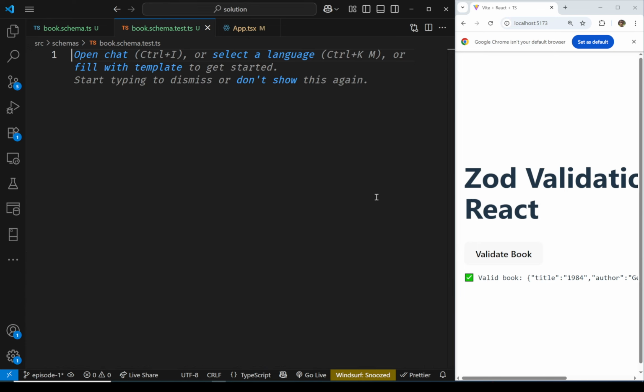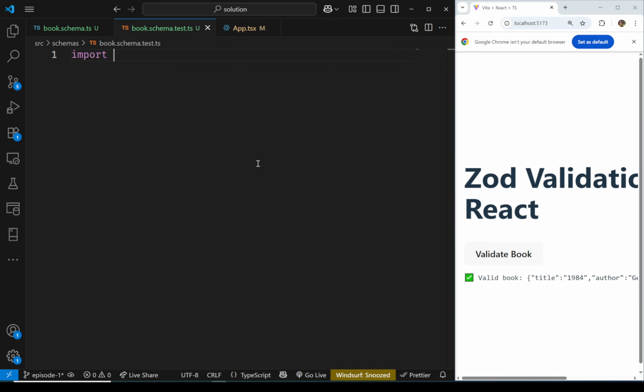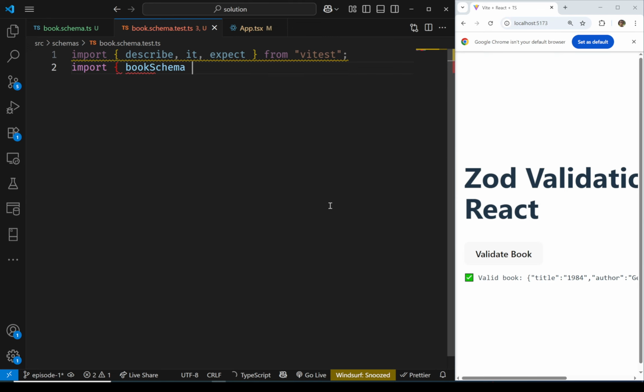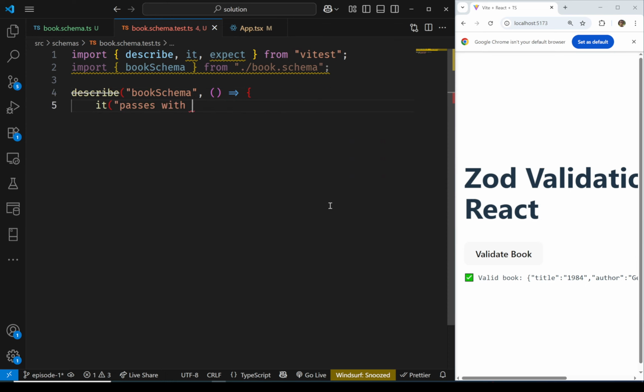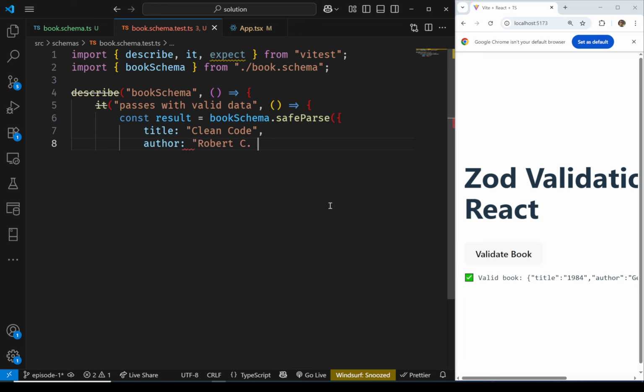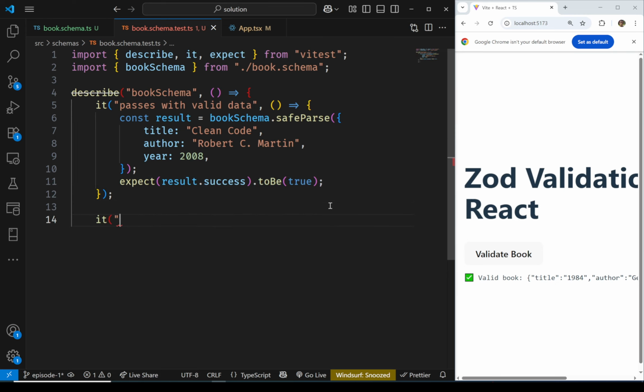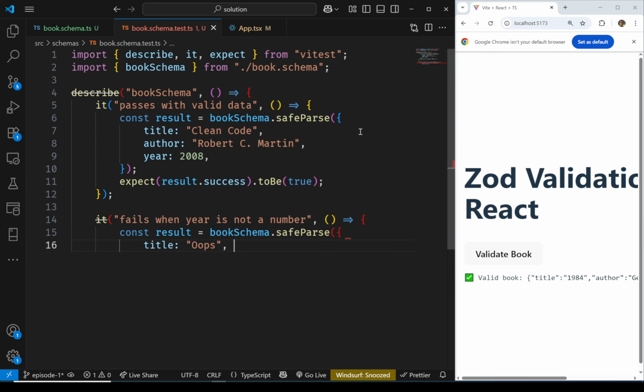Now let me go ahead and write the unit test. If you want to learn more about unit testing, just watch the series that I have created on the topic of unit testing. So let's go ahead and pass a valid book object to the safe parse and then check the result. And then another test for passing an invalid book object to the safe parse function